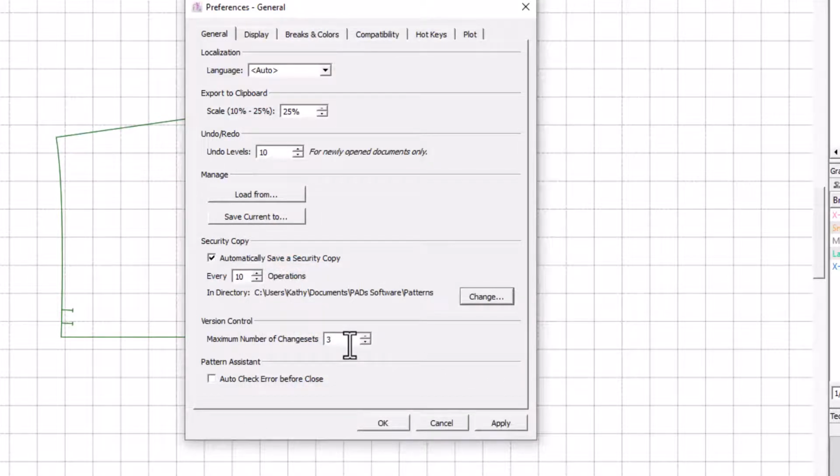Version control and maximum number of change sets. This is predetermined. The maximum number is between 1 and 3 to save it for change set files. The default is 3. If you go into the change set view,